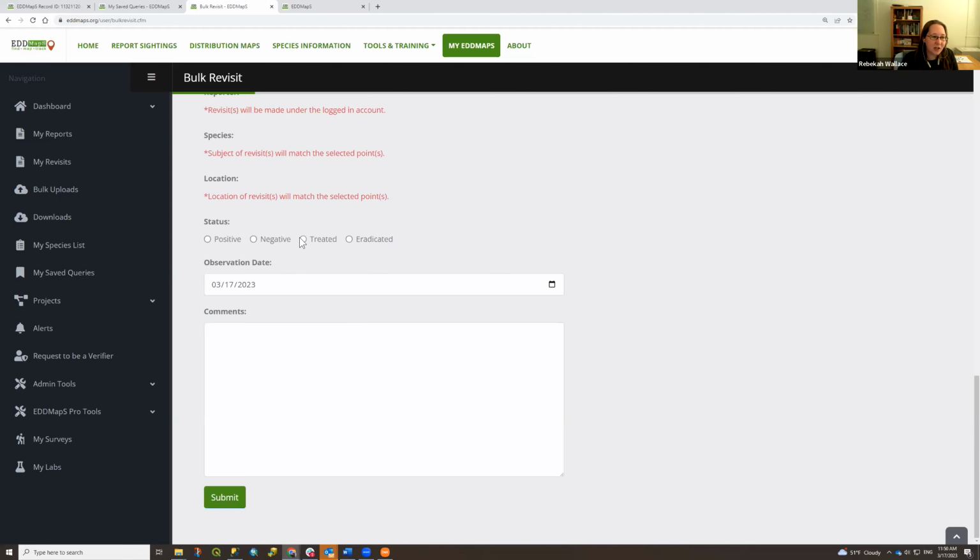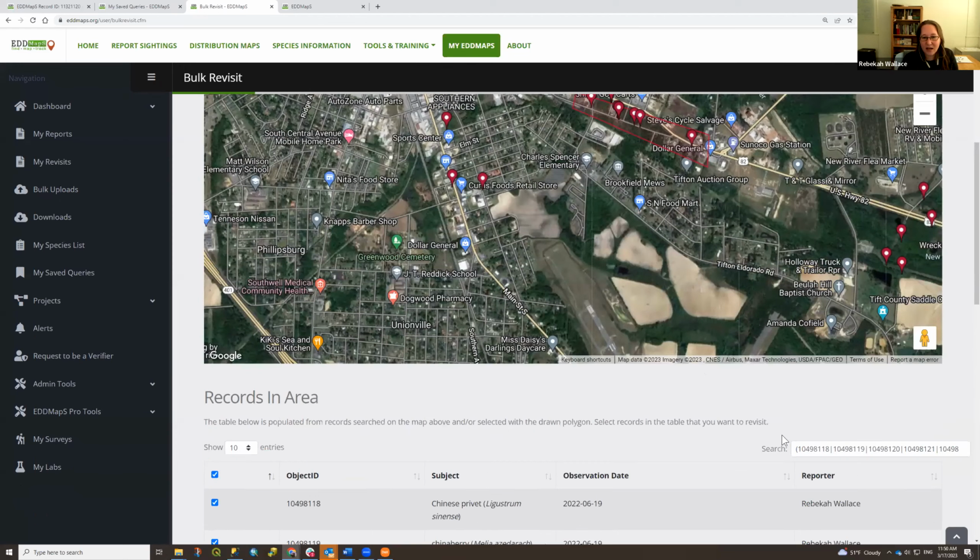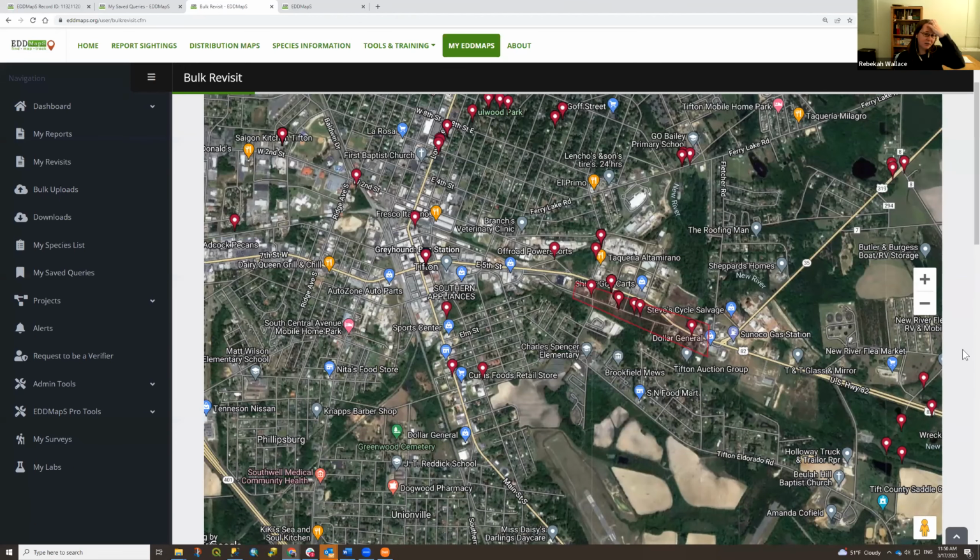And then I can say, okay, I treated all of this on this date. These are my comments, and submit. So you can essentially lasso a bunch of records and do a bulk revisit. It's a very reduced form, as you can see. So the revisit form from Pro